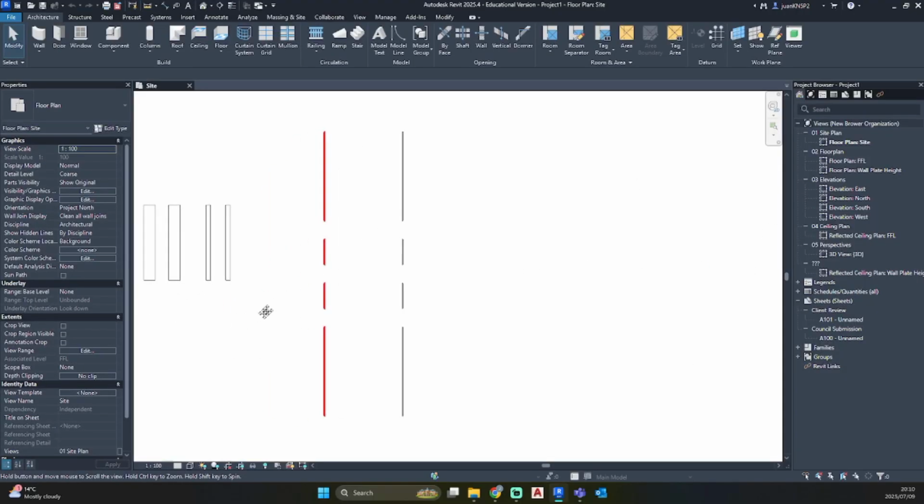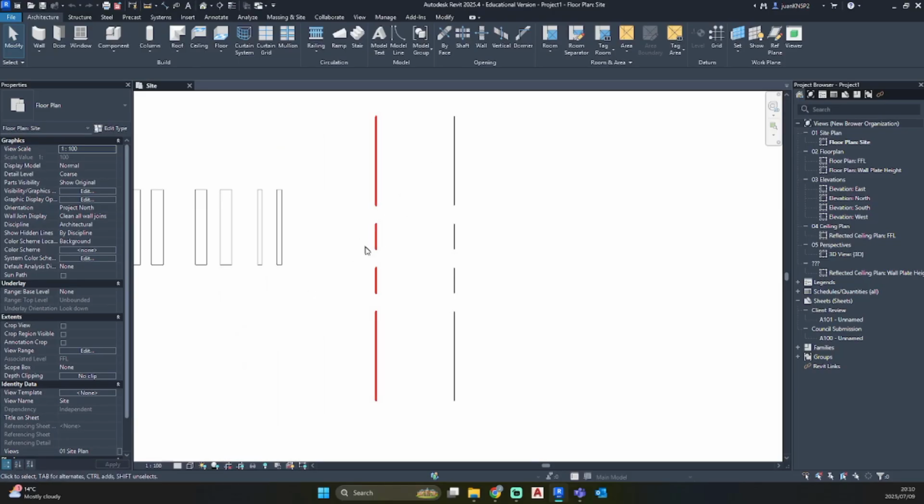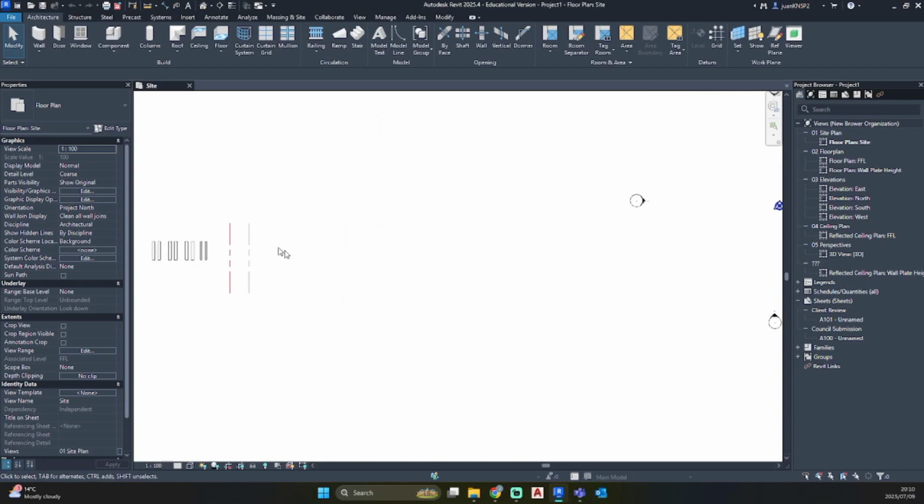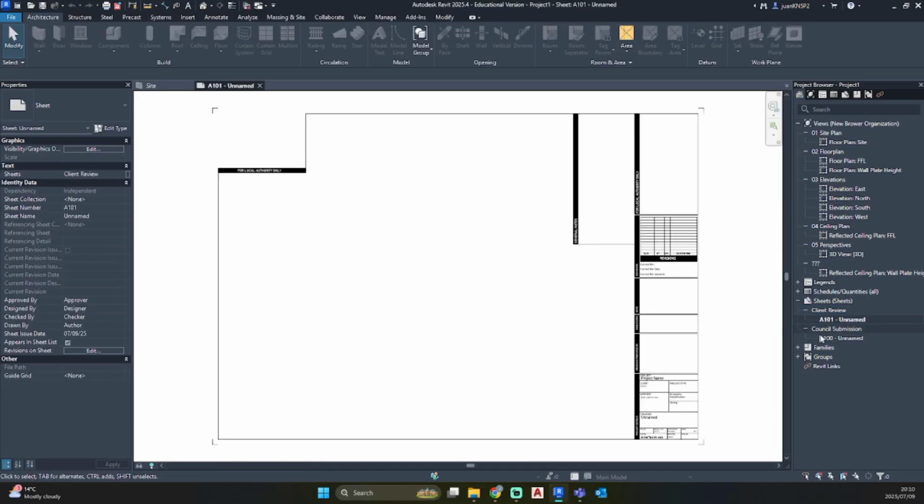And you'll see now our property line is in red. And that is how you start to set up your template for future projects. Because now we have our sections for our floor plans and elevations. We have a client review section, and we have our council submission section.